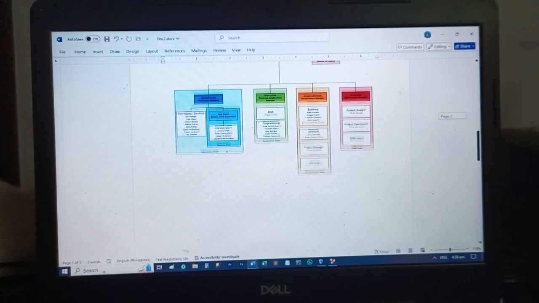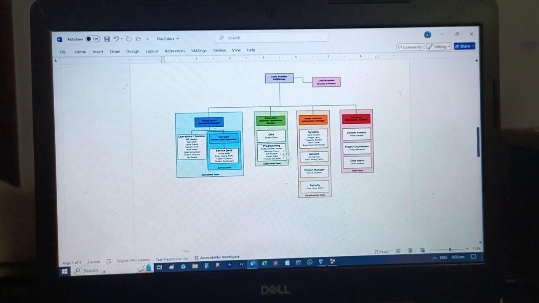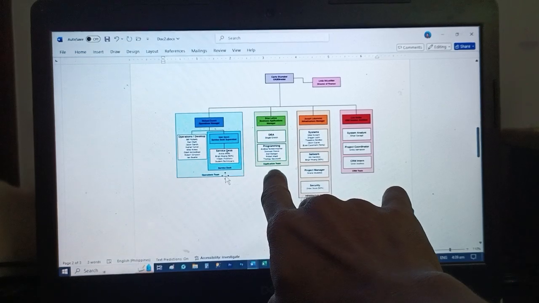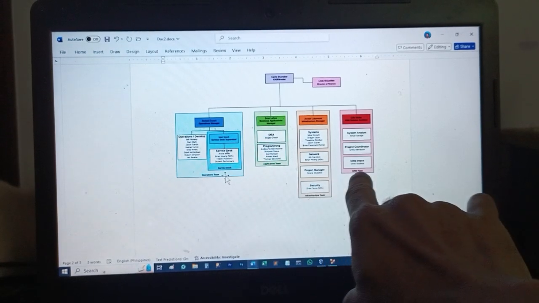Remember that we have four organizations: the operations, the application, the infrastructure, and the CRM.